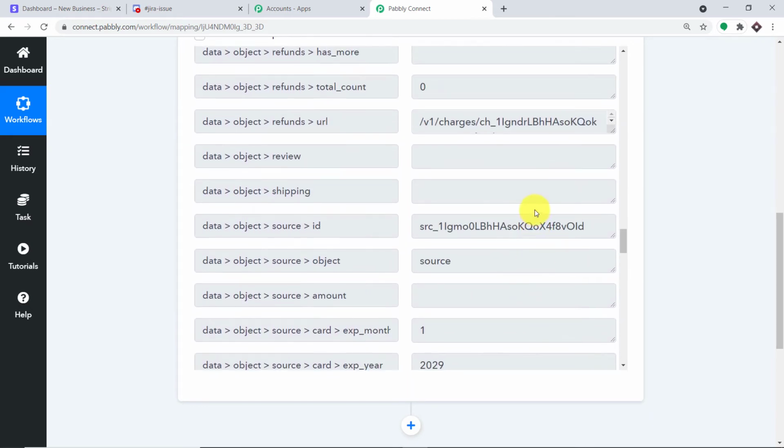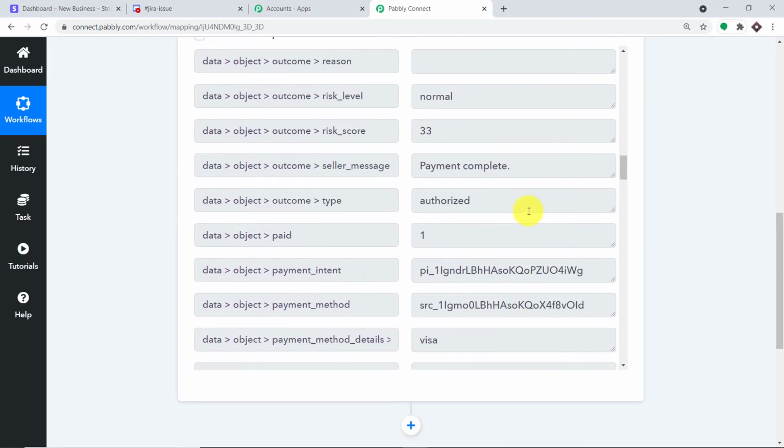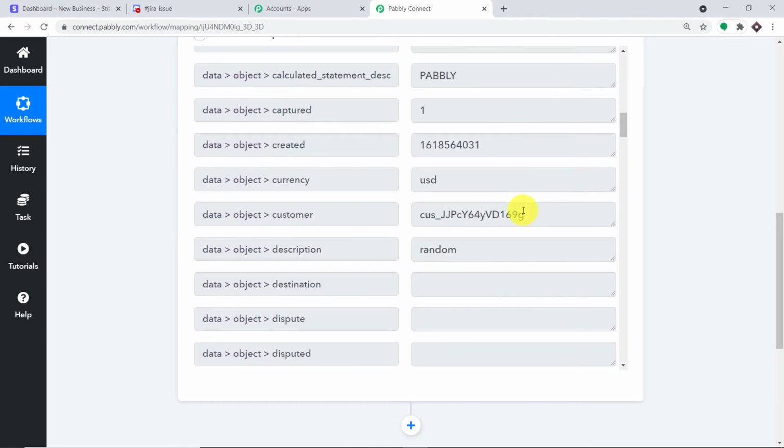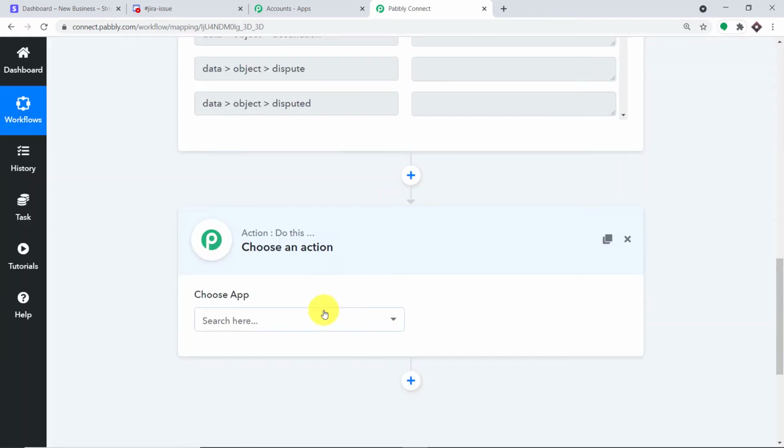Okay, so it is actually stored in an address, and basically we have to retrieve that data from that particular address. So this is the address where the customer information is stored. From this address we want to retrieve the information. To do that, we have to create one more window. So let me introduce one more window. This window is called the action window.